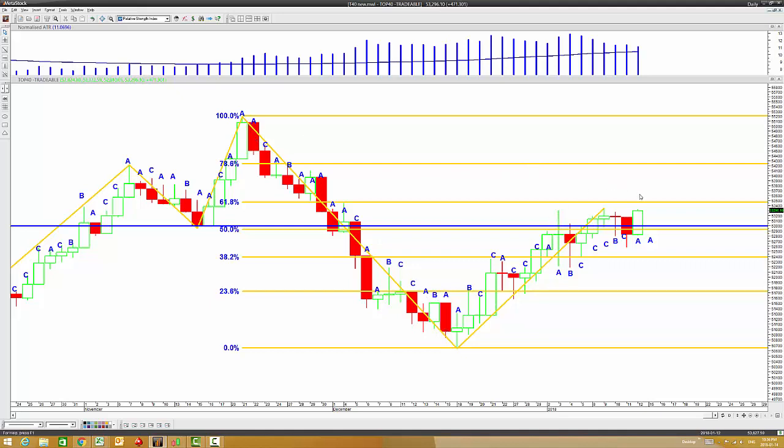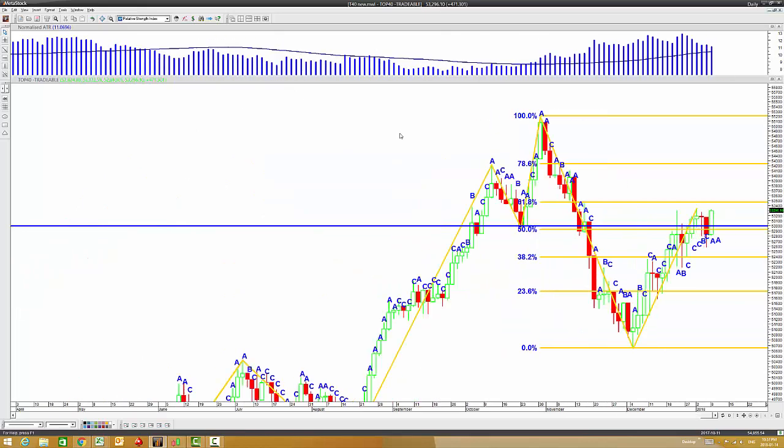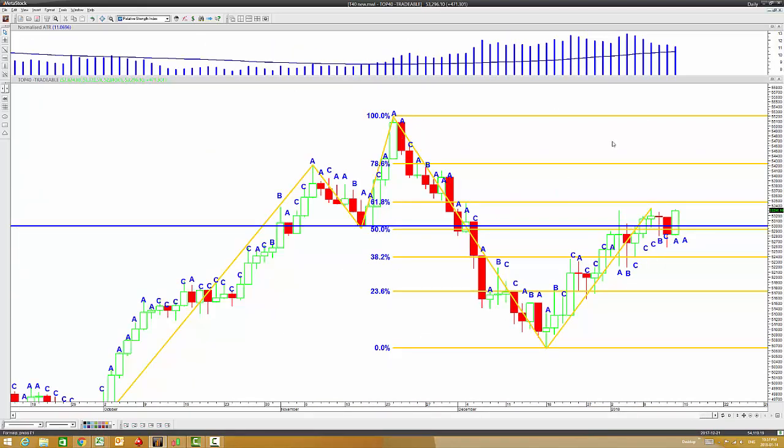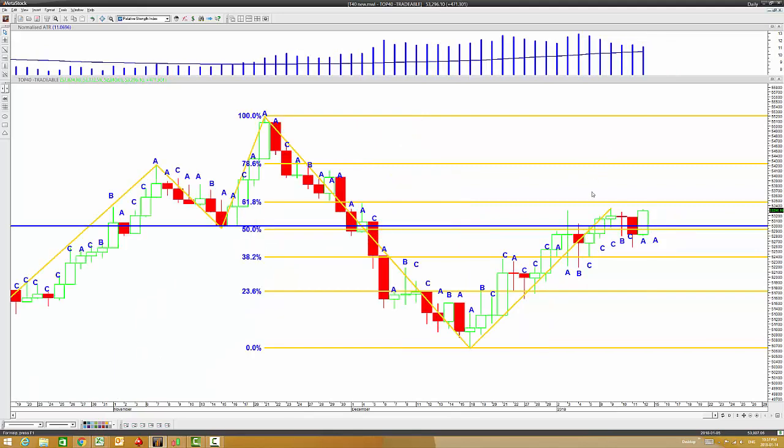Why is that significant? Well, firstly, the 78.6 is significant to us because what we found was when markets push or retrace so deeply that they close within this zone over here, there's a greater likelihood that we're going to see not a retracement or continuation move, but actually a break to the upside, a break of this structure over here, which would be the all-time highs for our markets as well. So that's going to be interesting to see if it's got the momentum to push to the upside.